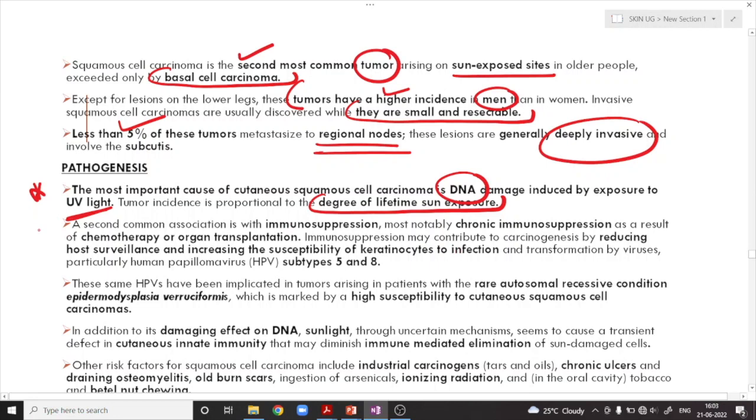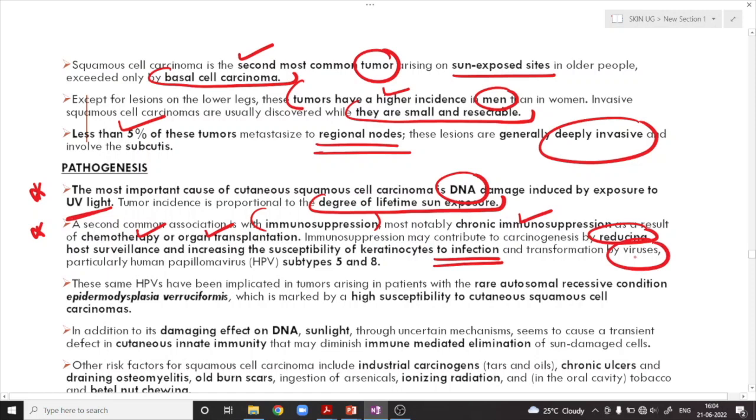A second important risk factor for squamous cell carcinoma is immunosuppression. Most commonly, the chronic immunosuppression which occurs as a result of chemotherapy or organ transplantation. So whenever there is any organ transplantation, you are giving immunosuppressives, or a cancer patient is getting chemotherapy, that is also leading to immunosuppression. So how is immunosuppression causing the cancer? It is contributing to carcinogenesis by reducing the host surveillance and increasing the susceptibility of the keratinocytes to infections and